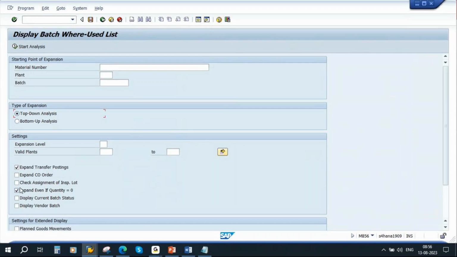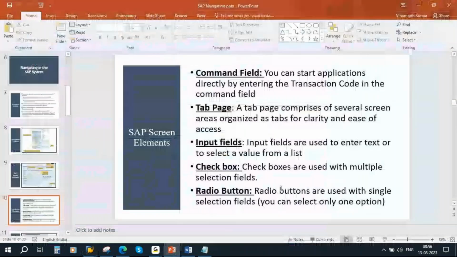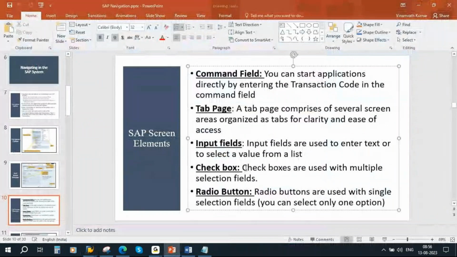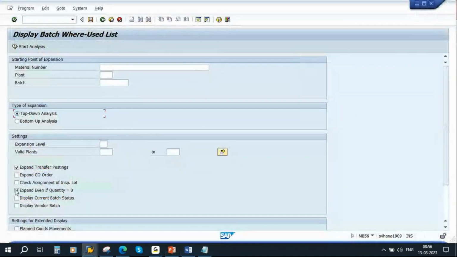Now you have checkboxes. Here you see these are checkboxes with the square symbol. In the case of checkboxes, you can select more than one. Checkboxes are used with multiple selection fields. That means you can select more than one. So here you see already two are selected. From this I can select more than one. You see I can select all. That is the difference between radio buttons and checkboxes. Okay. Till this part clear,